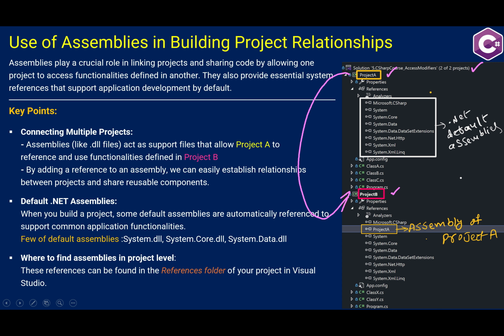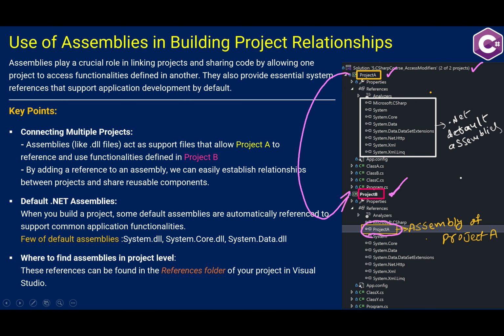If you want to send the information of the project A to the project B, then I have to take the reference of the project A, so that once you compile the code, automatically you can get the DLL of the project A. Once you refer the DLL of the project A, then you can get all the information about the project A in the project B,